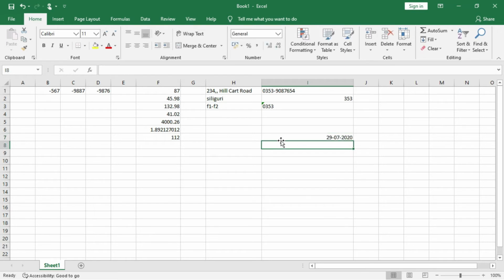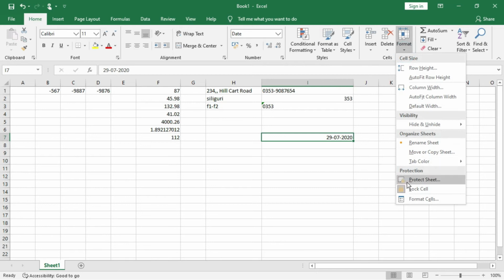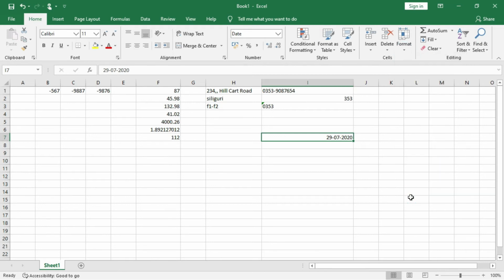I'm entering like this, so it will take the default format and it will be right aligned. A variety of date formats can be suggested. Now how will you change it? Go to format and then choose cells. From here you will have the different types of formats as you like.